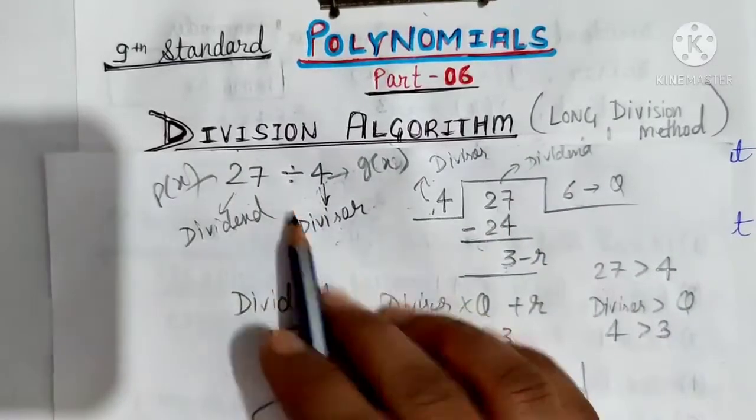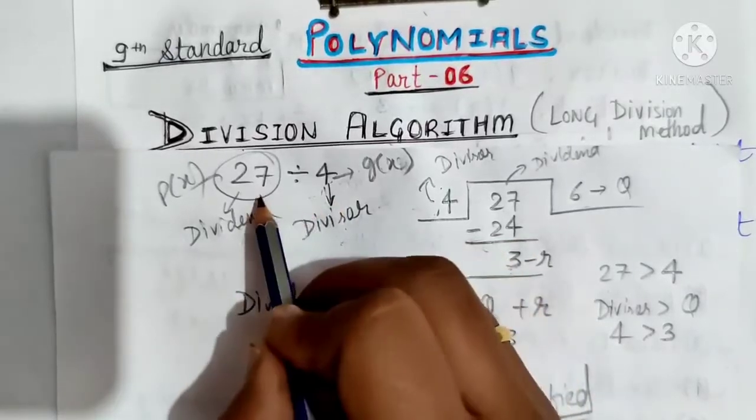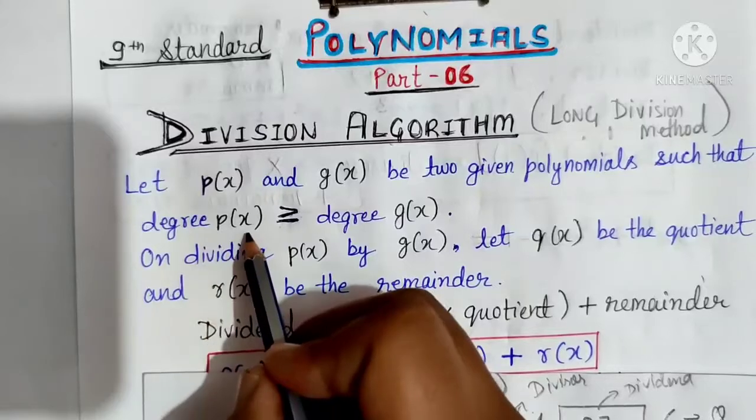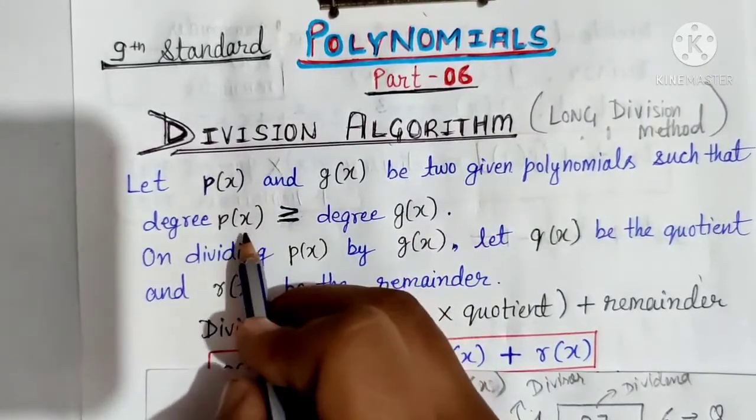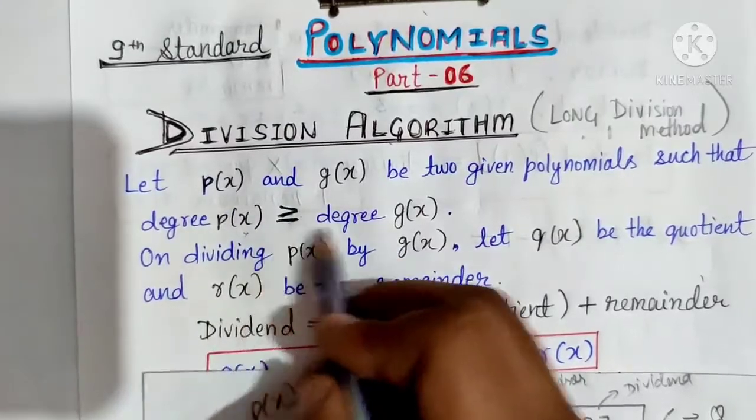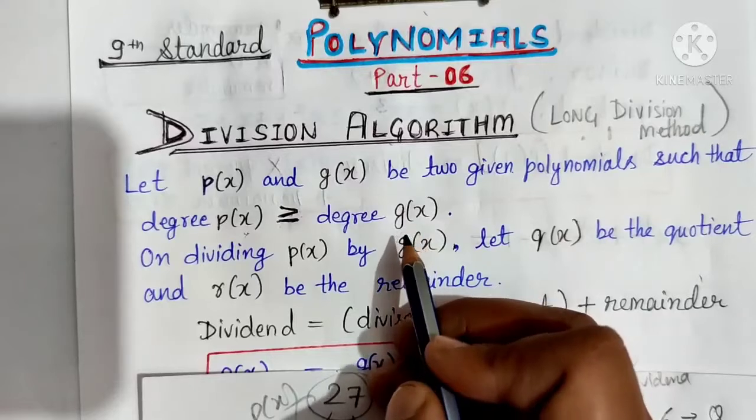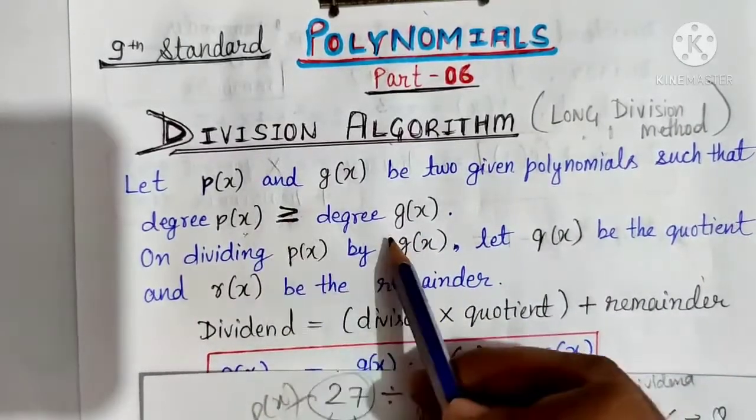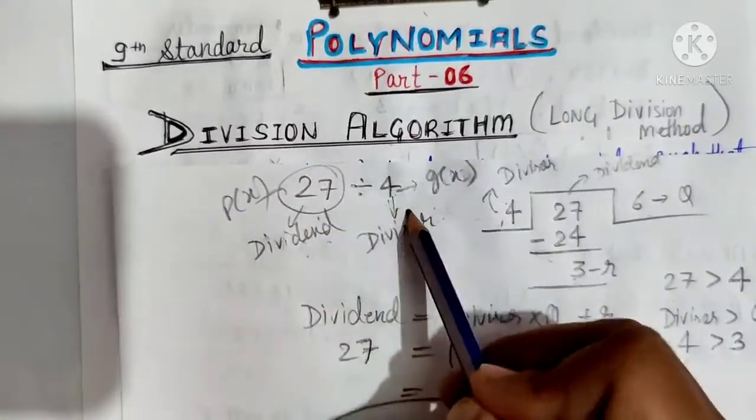So it can be equal, this 27. This dividend can be equal to or greater than the divisor. It should not be less than the divisor. So same thing we have written: degree of p(x) is greater than or equal to degree of g(x), where p(x) is the dividend and g(x) is the divisor. So on dividing p(x) by g(x), like dividing 27 by 4,